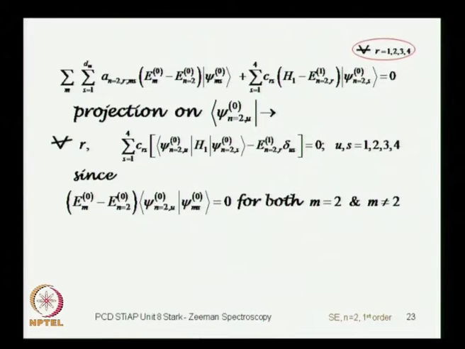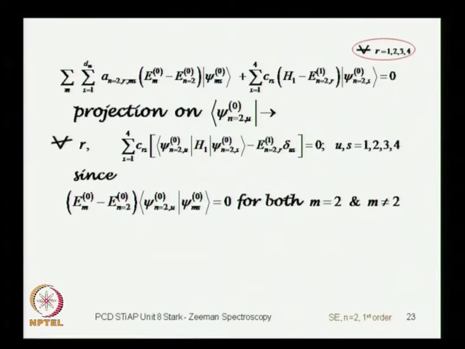So, I take the projection on one of them which is labeled as u, but then I can do it for all values of u going from 1 through 4. So, I know that u and s both go from 1, 2, 3 and 4, and when I take the projection, if you look at this term,